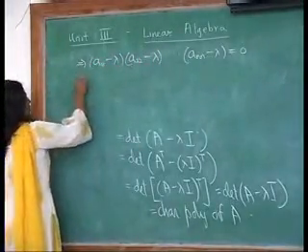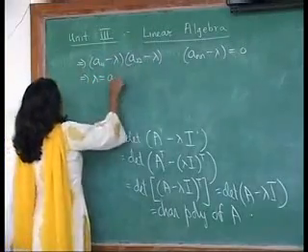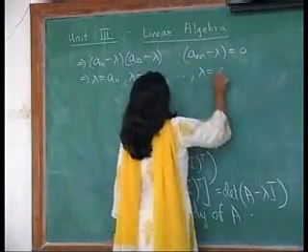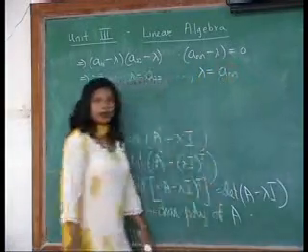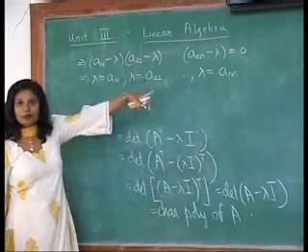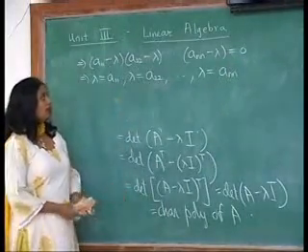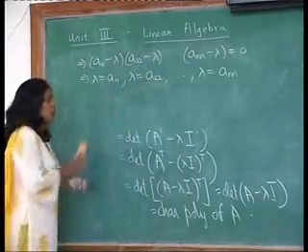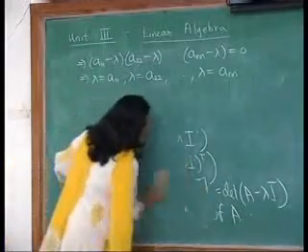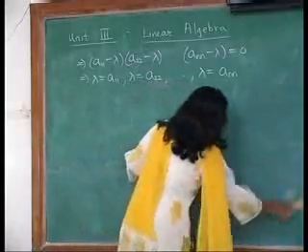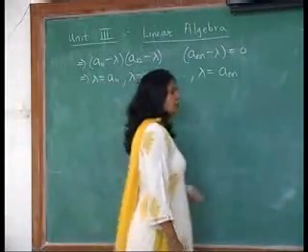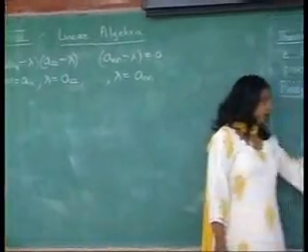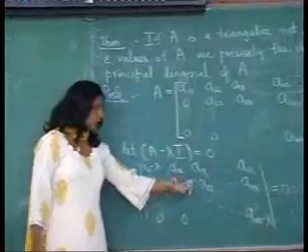Equate each factor to 0. We get lambda equal to A11 or lambda equal to A22 or lambda equal to ANN. So these are the eigenvalues of A. And notice that these are nothing but the elements along the main diagonal of A. Here I put the result for an upper triangular matrix, but you can see that if it's a lower triangular matrix, this property that the determinant of a triangular matrix is the product of the diagonal elements